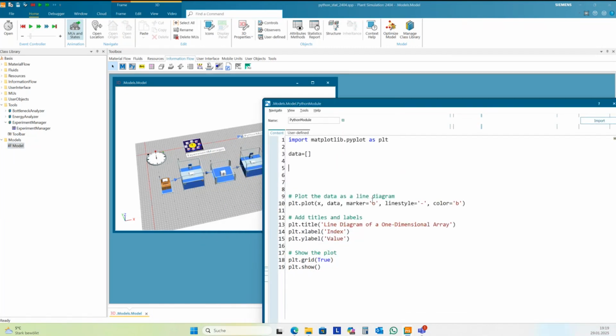I use data here because this sample program uses data, so I use data here as a variable, and then I need numerous.